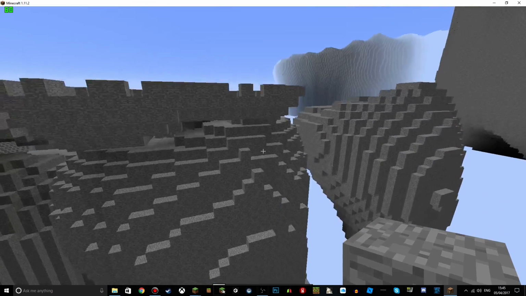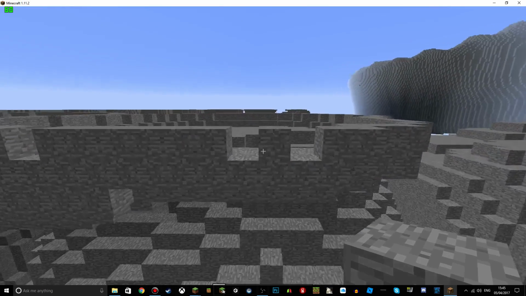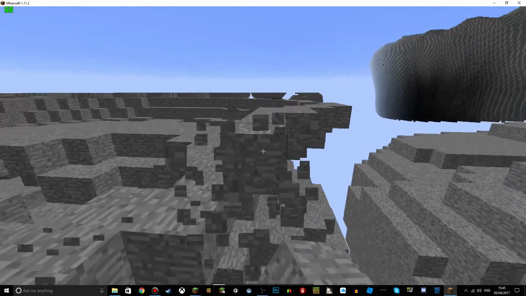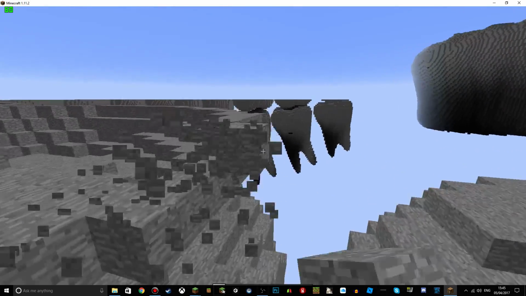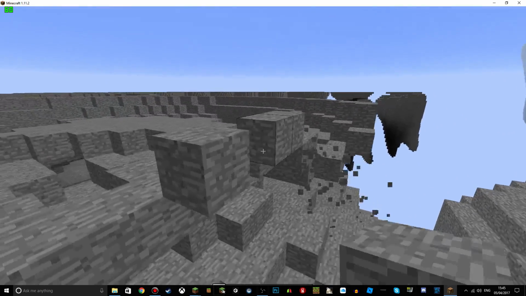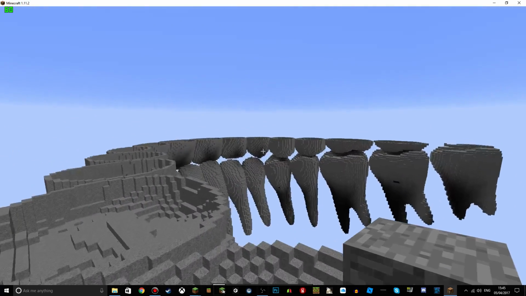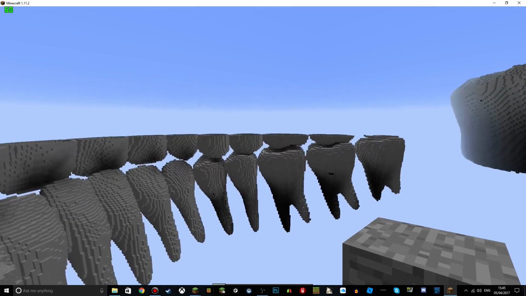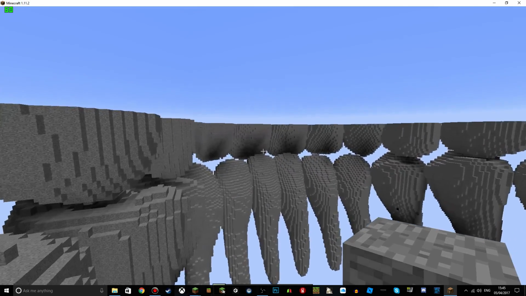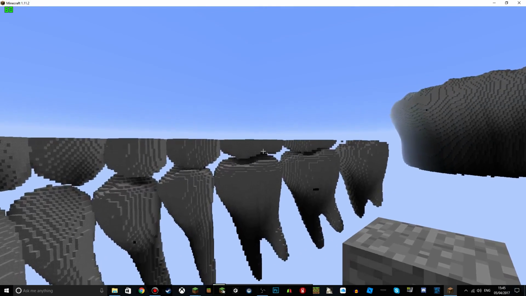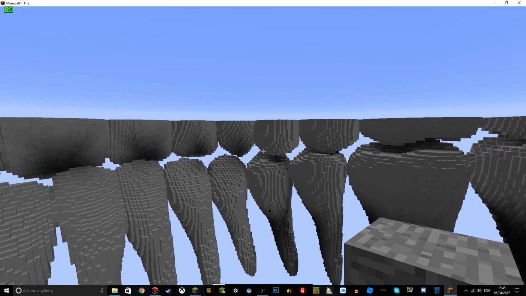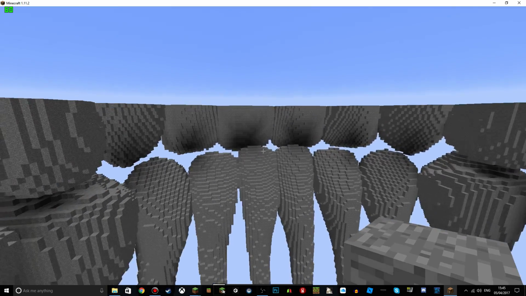Pink stone or whatever. But what we're going to be doing today is clearing out some of the teeth on this side. You can kind of see where I cut it off. These ones aren't too bad, but those ones are really touching. These ones here, that one, that one, that one, that one. These ones I could probably